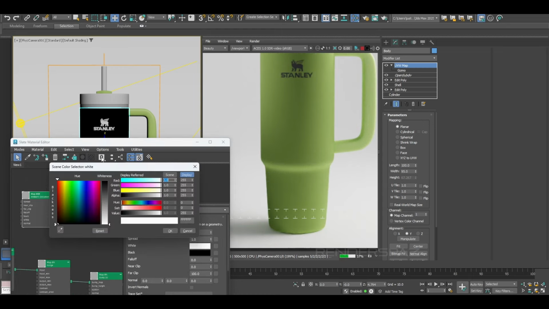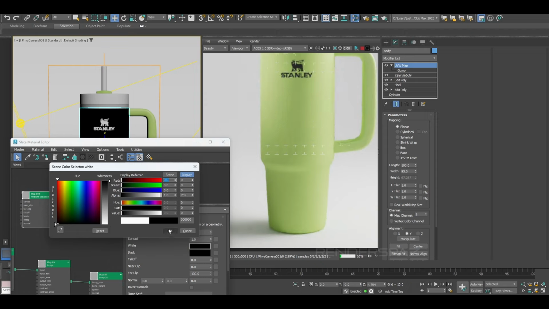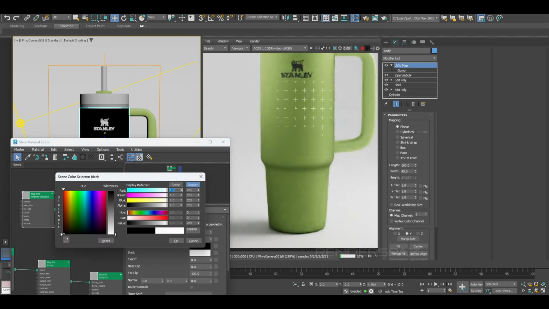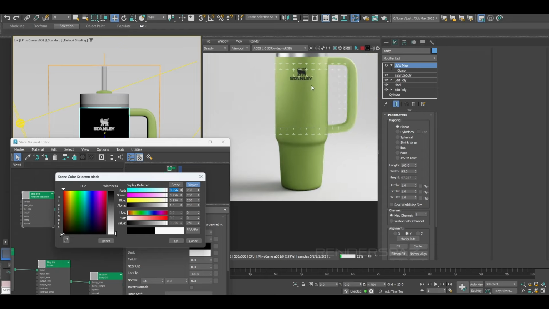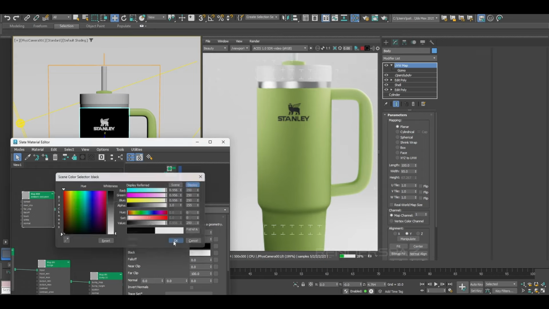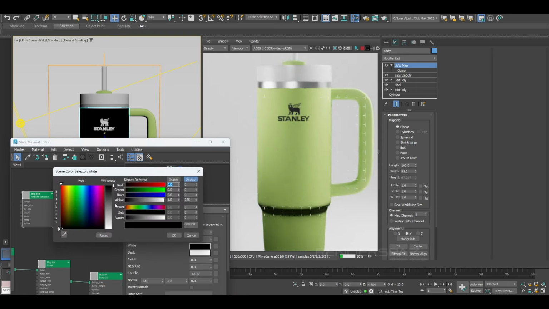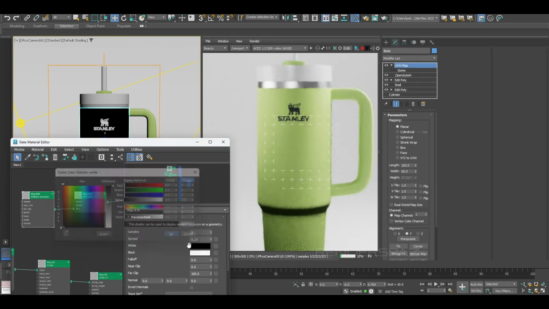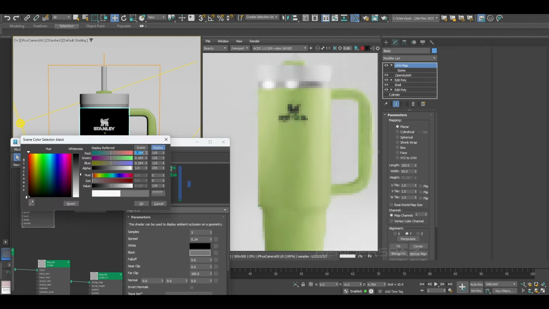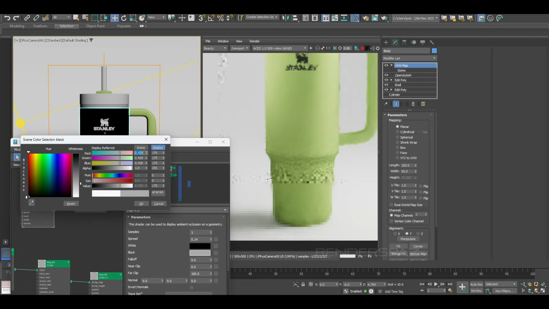And so now you can see it's applied, but we've got to reverse what we're doing here. So we're going to make the white black and the black white. Okay. So now you're going to start to see some definition happening here with the mug or the tumbler. Now we just got to play with our falloff settings and try to get something that's not going to take in too much of the black. So if we bring down our spread a bit, you can start to see now it's really focusing on that lip. It's very harsh at this point, but we just have to dial in the intensity or the values